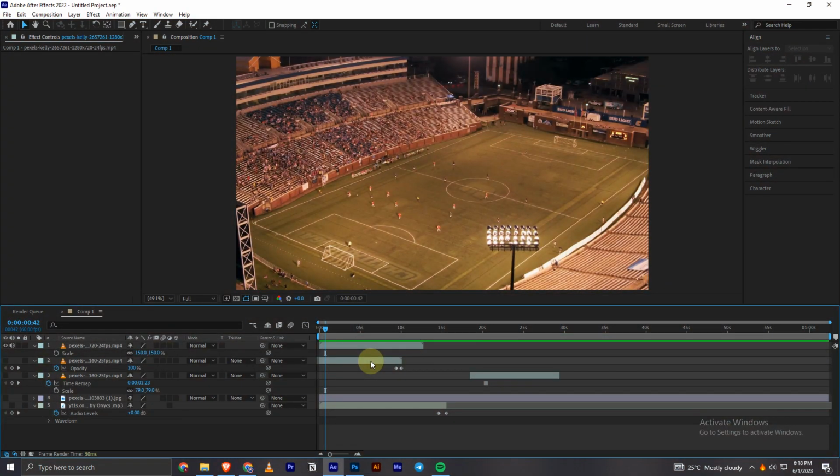Hey everyone, today in this video I'll be showing you how you can easily blur a portion of a video in Adobe After Effects. So in this tutorial I'll be showing you how you can blur these lights in Adobe After Effects. So what I'm going to do first is select the layer which I want to import the blur